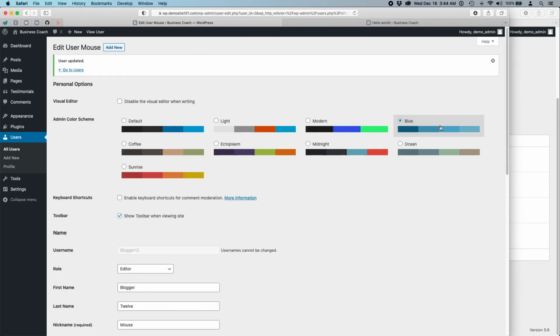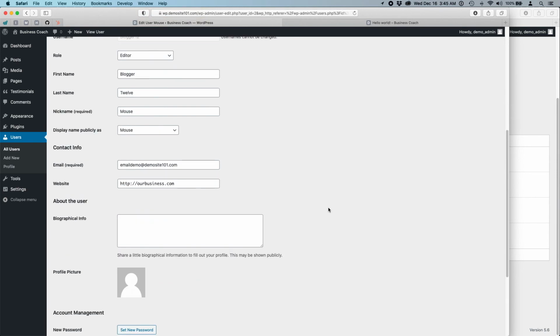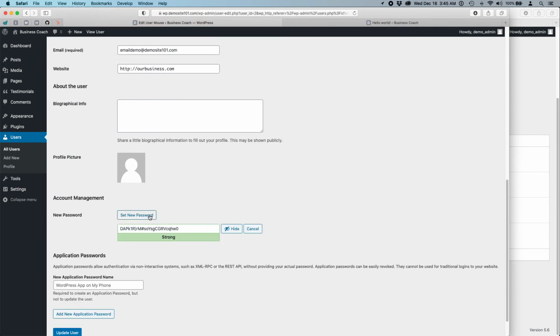Okay, so now when this person or you log in as this person, your interface is going to be more blue, so you're going to know, oh, okay, this is the editor role. Okay, and right now we're seeing it all dark, so we know it's the administrator role that has full access to change technical function and break the website. Okay, so I'm going to log out and then log back in as this user, but I have to give them a new password first because I didn't note that password down. So let's grab this password,